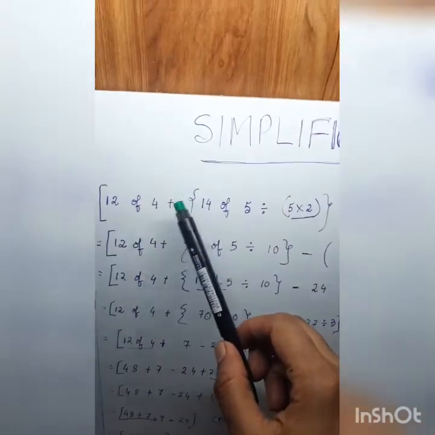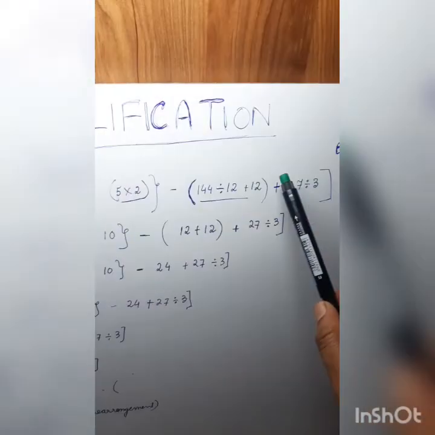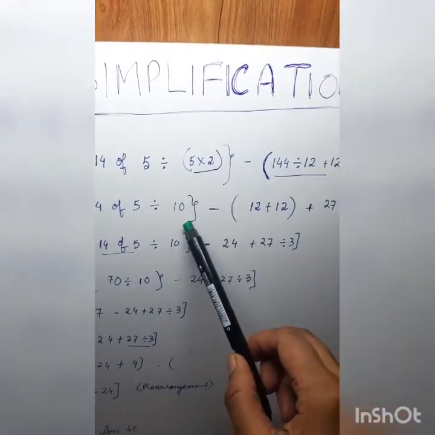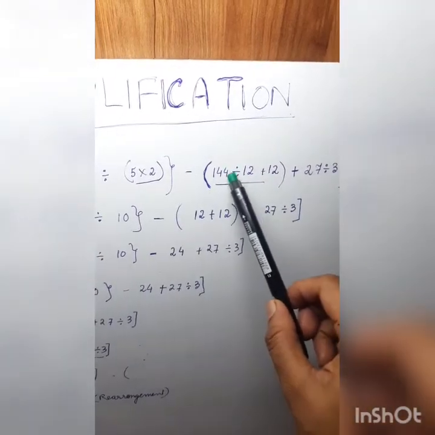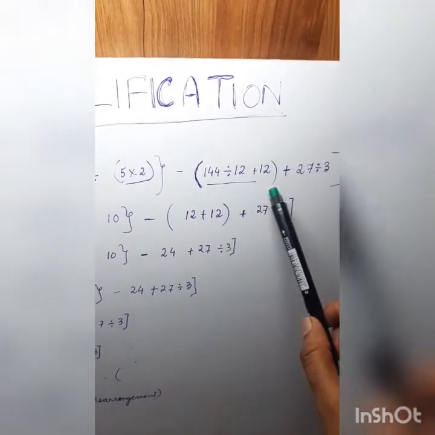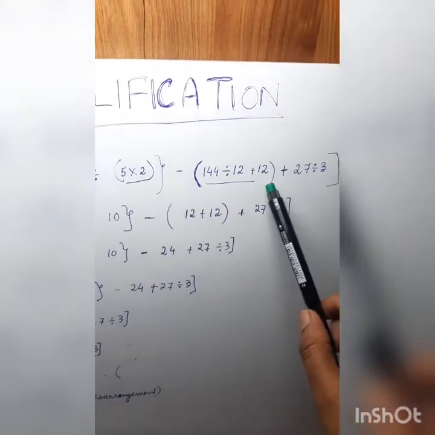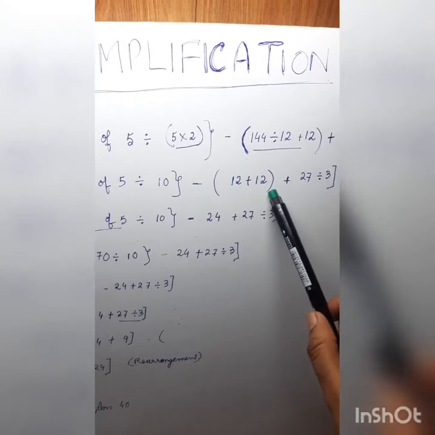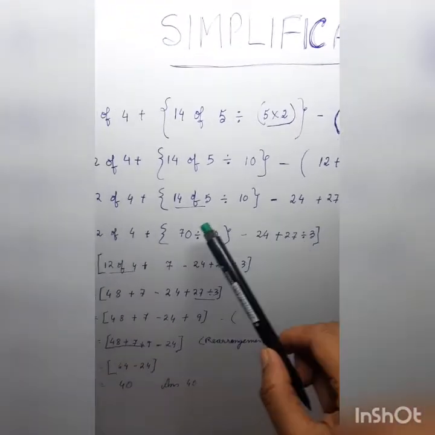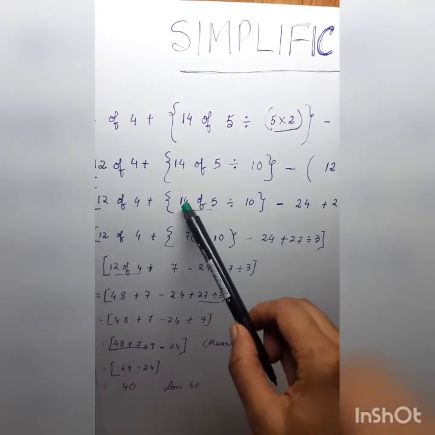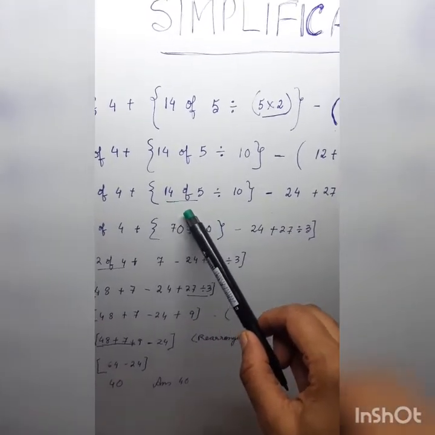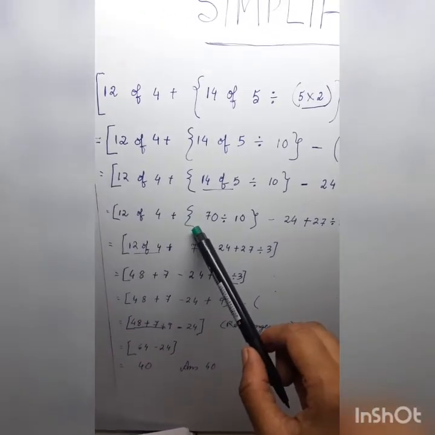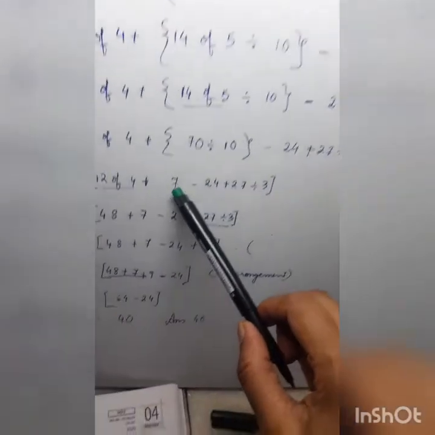Okay? And inside the third bracket is here. Inside the third bracket the whole sum is there. First I have done the first bracket sum. Inside the first bracket, if there are two operations, then you have to follow the BODMAS rule. First division, then plus. Okay? The next step, here I have finished the work of my first bracket, 24. Now the work of the second bracket. Inside the second bracket again there is an off and there is division. So first I have done the off part, 70 divided by 10. I have not done anything here else. Then I finish the work of the second bracket, 70 divided by 10 is 7.